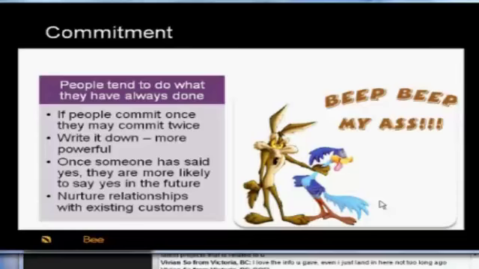Writing things down is much more powerful. If you're doing a video webinar and you say, "Look, grab a piece of paper and pencil and write this down, it's really important," by having them write that down, it does several things. First of all, it makes a statement that this is something important you want them to remember. The next thing is that most people, if they are seeing something and hearing something,